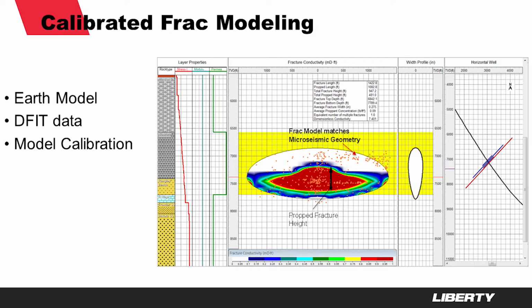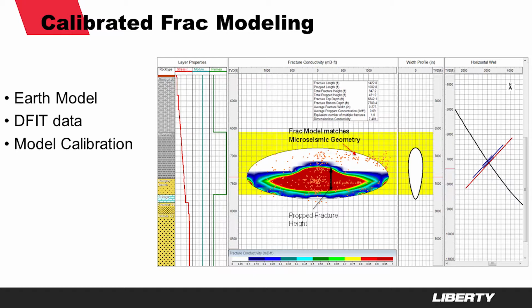Here's an example from this case study where you can see the frac model was calibrated to microseismic geometry, the orange dots here on the map. But we also had production log information, or you could also have fiber optic data information on the right, where you can see the cluster efficiency, that only two clusters out of the four clusters were really creating most of